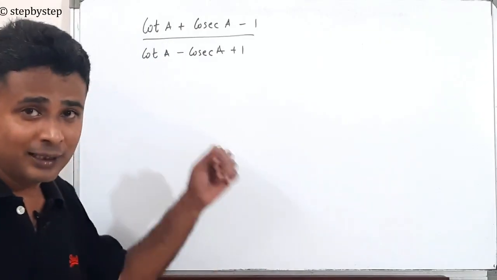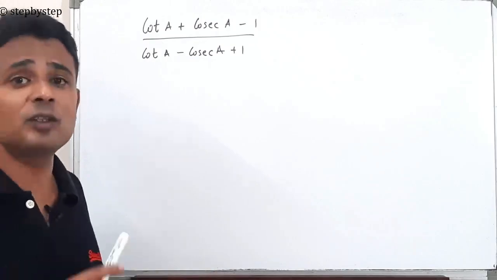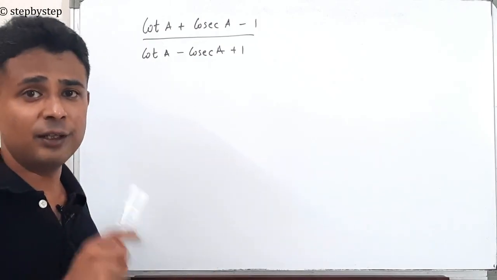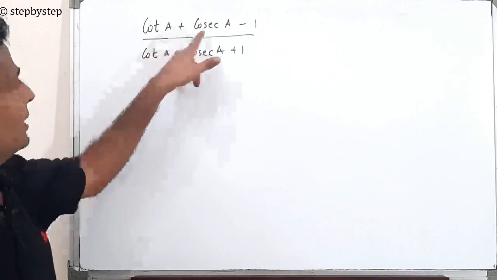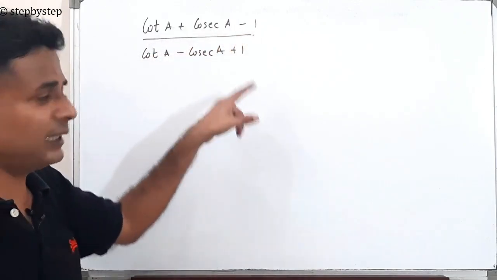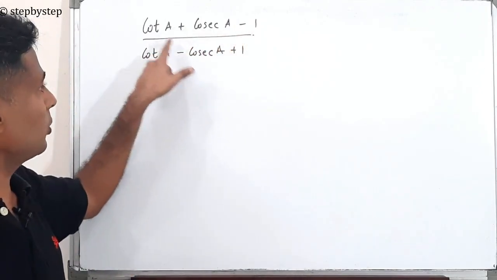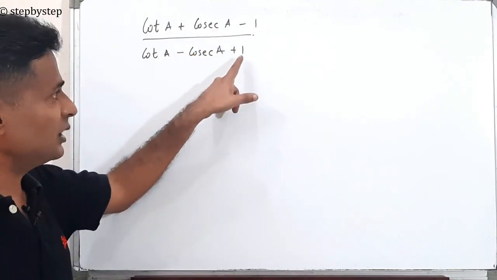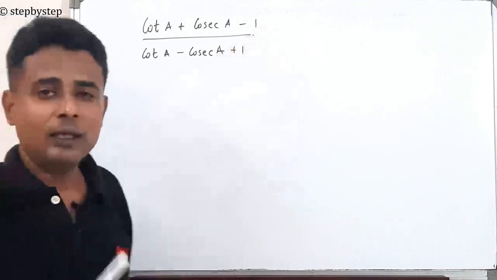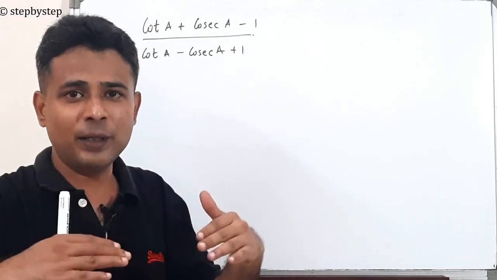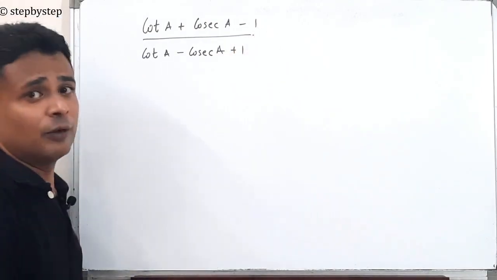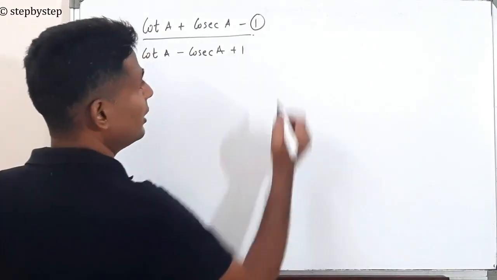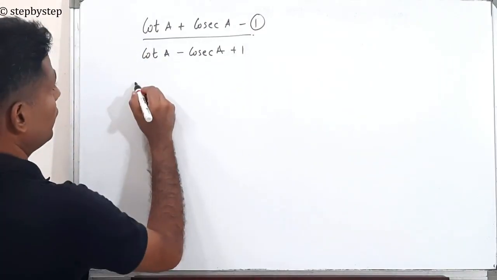Alright guys, now this problem is similar to a problem we have solved in the first introduction module. Something plus something plus something, three things are here. Two of them are cot and cosec, right? If you remember, we have to manipulate one, either this one or this one. Now on the right hand side, both are in the numerator, not in the denominator, which means we need to manipulate the numerator 1. So what will we do?